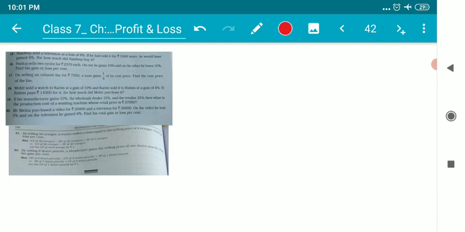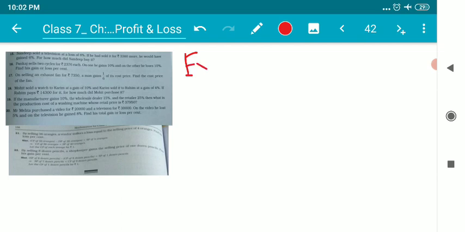Children, we have been dealing with the chapter Profit and Loss, which is exercise 11A from the book R.S. Agarwal. And as of now, we have done some selected questions. So here in this video, I have chosen two very important questions, which are really very much useful and very much conceptual question from this particular exercise. So the two questions which I have chosen to solve, these are question number 17 and question number 21.